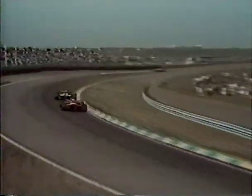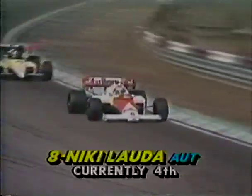And now we're at Bossuit once more, and this is where Lauda must have a go at Tombe. He's tucked into the slipstream. He's going to use the suction of the air behind the Renault to try and give himself a little bit of extra pace, and he's alongside. He doesn't even wait for the braking area. He does it on sheer speed, and Lauda is easily past Tombe there. That wasn't an out-braking manoeuvre, that was a flat-out speed manoeuvre, and Lauda is now up to 4th place,